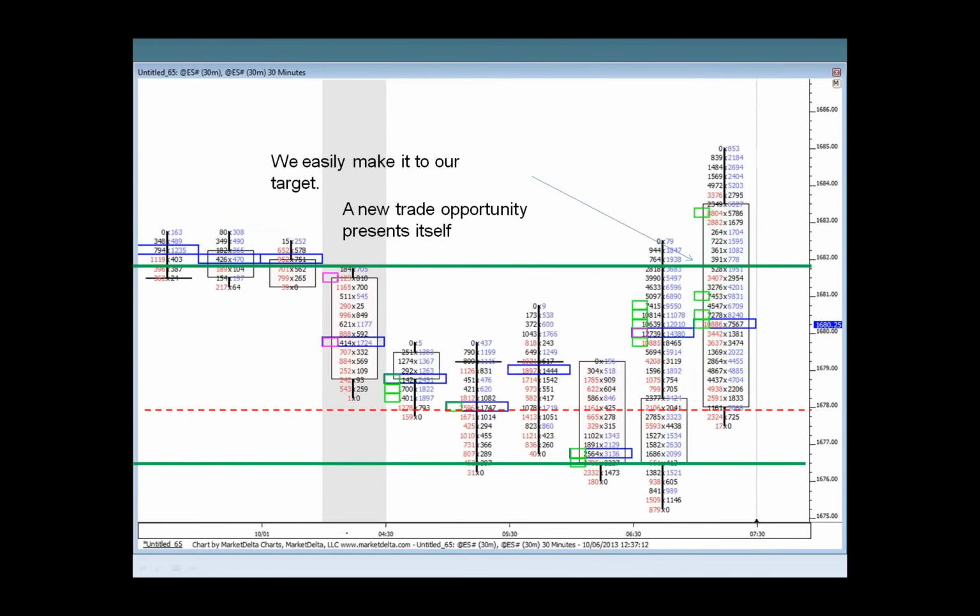Now let's take a look at what happens in period B, and how the market continues to facilitate trade and what volume is doing in period B. So here is my period B, and if I had begun to act on the trade and bought and went long right here at the open,